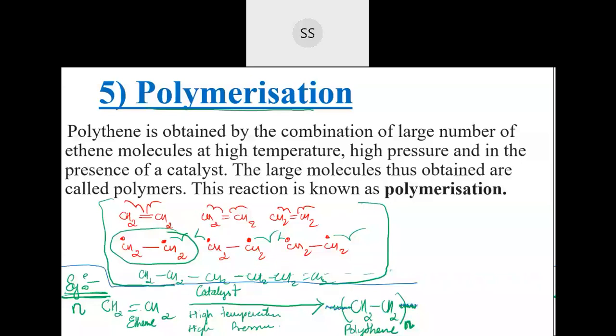In the plastic bags, which are quite thin in nature, the catalyst used is different. But if you take these tumblers, buckets and all, that's quite hard and stiff. Okay, so there the catalyst and the conditions which are applied are also different. Okay, so the catalyst changes. For preparing different types of polythene, different catalysts are taken. Okay, one example I said, Ziegler-Natta catalyst. That is widely used, commonly used.